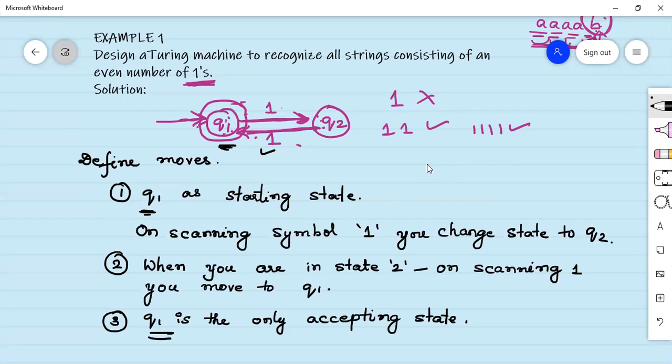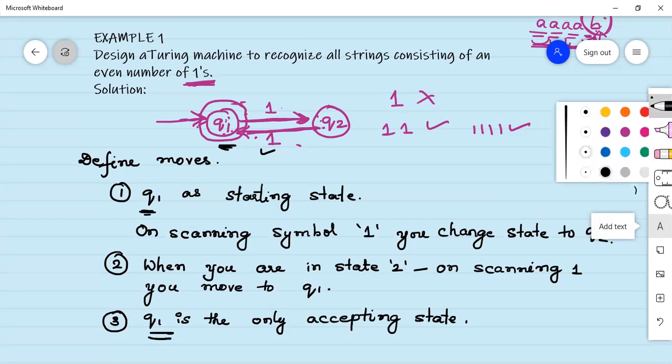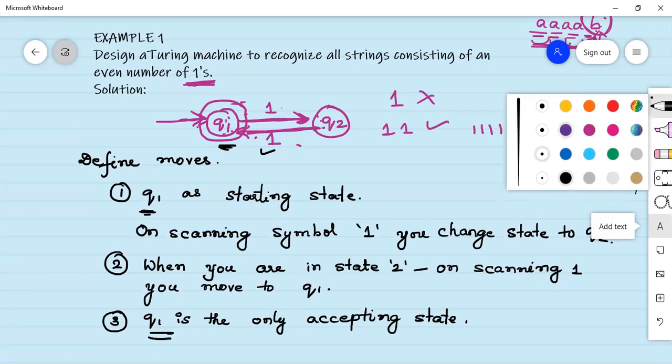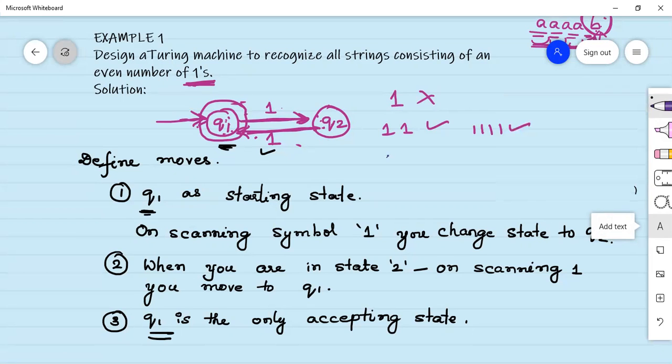So how do I symbolically show this? Symbolically means using the definition of a Turing machine, right? I will write it here. I will say the machine M. Initially we have to mention how many states are there, isn't it? How many states are there here? Q1, Q2, two states are there, correct? And then what are the input symbols and